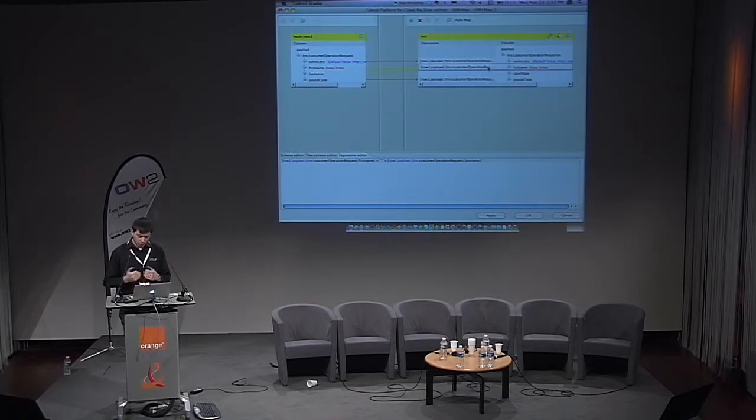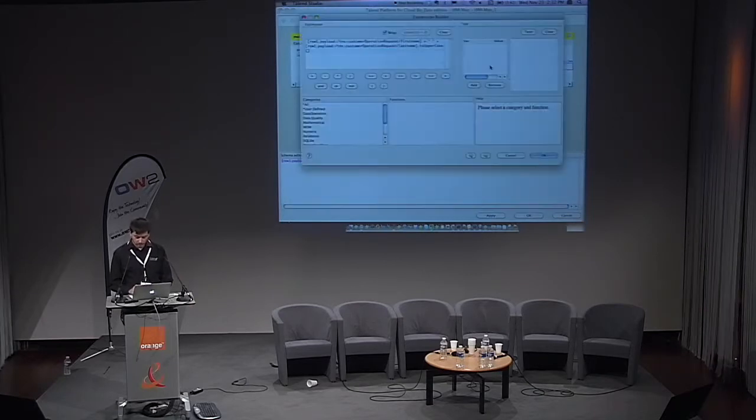After, I have 2 choices. Either I know Java or I don't know Java. If I know Java, I can directly use any Java method inside this expression. For example, for the last name here, I want to put it in uppercase, so I will use toUpperCase, as it's a string, and that will work. If I don't know Java, I have an expression editor with some help to find the method I want to use. So if it's an uppercase, okay, perhaps I don't know it's toUpperCase in Java.